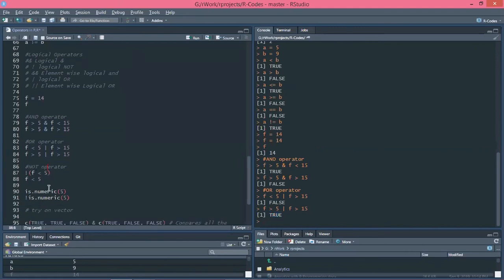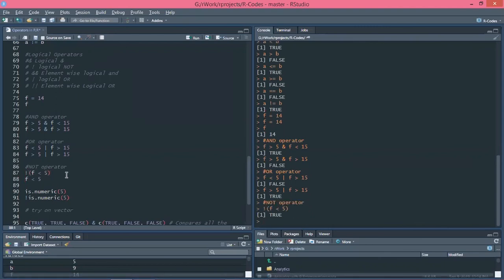Next is the NOT operator. What does it help with? It gives the opposite of the value we are entering into a variable or our condition. For example, if we say f is less than 5, we can also write it as not f less than 5. Let's print this.